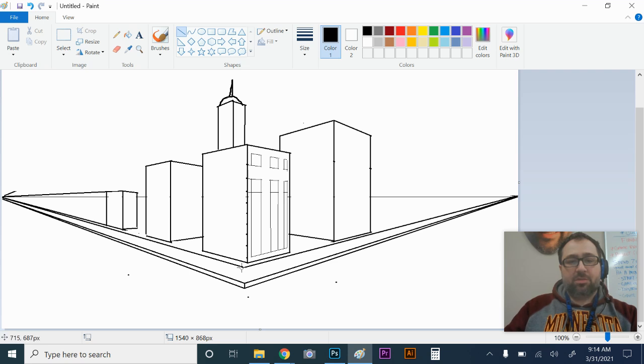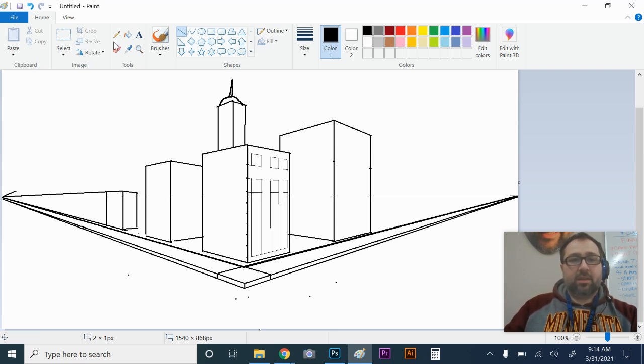And then what you could do is, from the right vanishing point, I would continue this line out like this. And then I would continue this line out as well. So let me just get back on the vanishing point here. So I would have that line continue out as well, so it crosses. Because then we can get these little sidewalk lines. And then I could make a vertical line right here. And you'll see that it'll look like a thin little cube, actually having the thickness of a